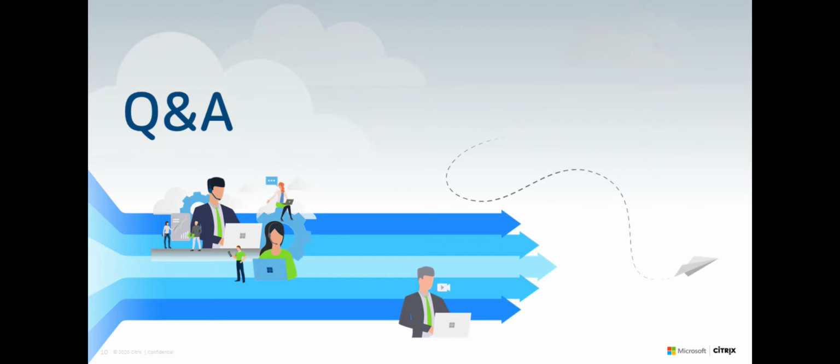It's currently under NDA, but we have news there, and we are always willing to share it with customers that have an active NDA. For Mac, we will progress in a similar fashion to what we did for Linux. We will do audio optimization first, and then we will add video and screen sharing, and there's going to be a tech preview, and from there we will progress into GA and add more features on top of it. But yes, we are aware of the problem. We are aware that Mac has performance issues when you try to use Teams natively as it is today, and the optimization pack is a must-have.